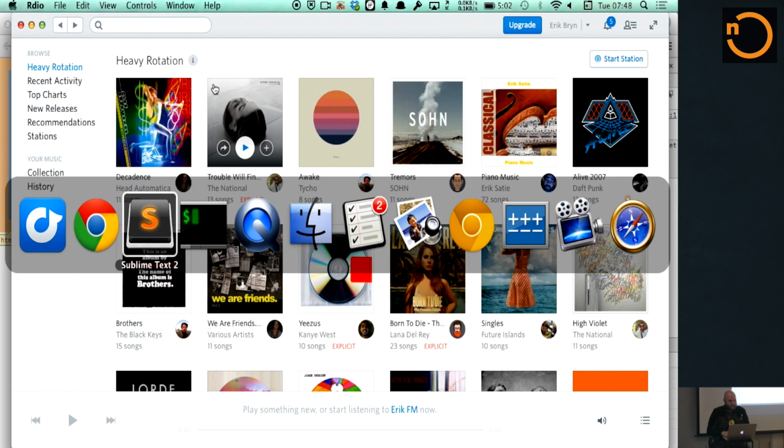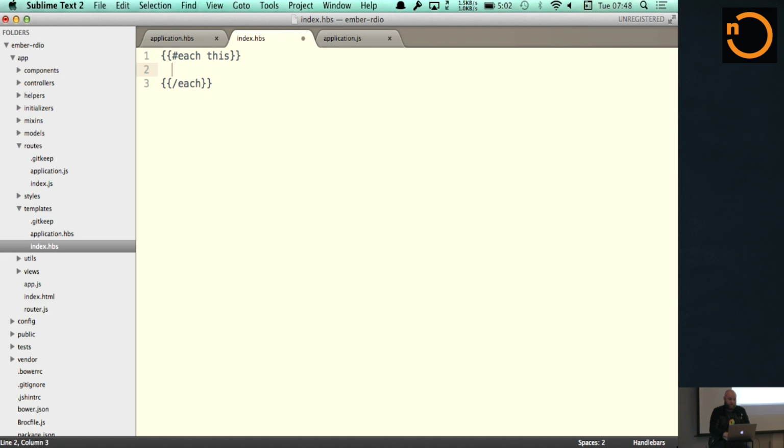How about we output the album art? So this is a little janky. We're going to use this thing called bindAttr. It's going away with this thing called HTML bars. Don't worry about it. You'll eventually be able to just say source equals icon like this, like you would with plain Handlebars or Mustache in general. With Ember, due to some data binding constraints, currently we have this helper that does it instead. But it's not really that big of a deal. So basically, this is going to set the source attribute of the image tag to whatever the value